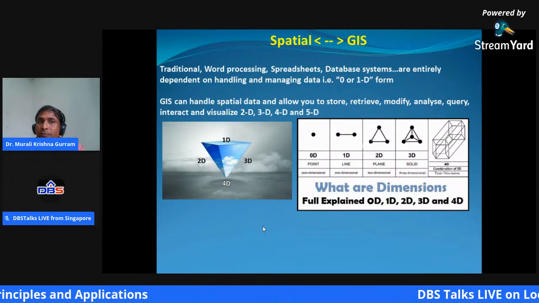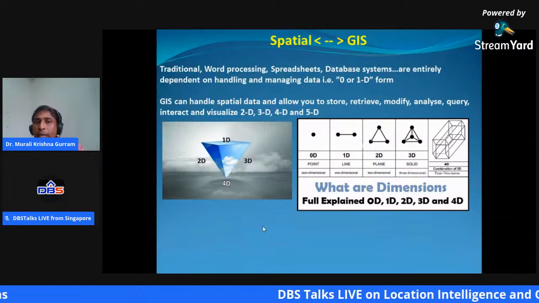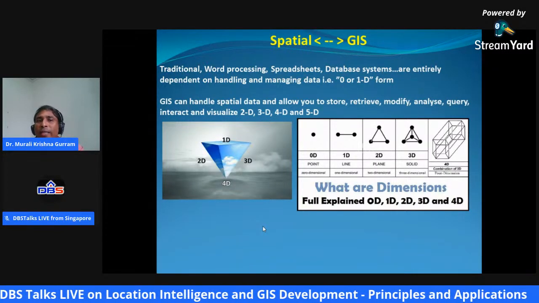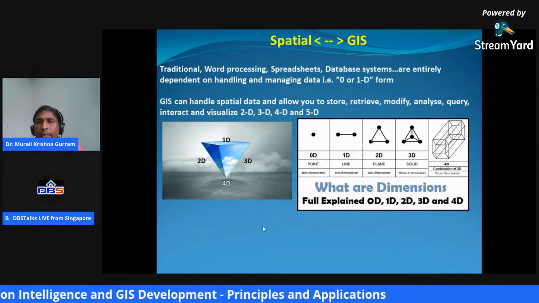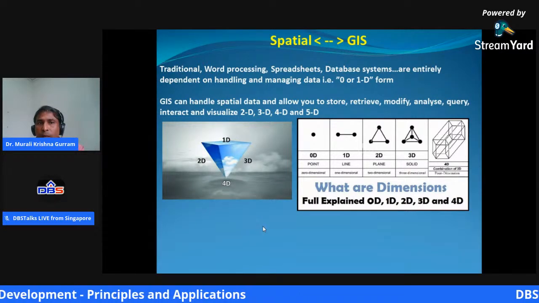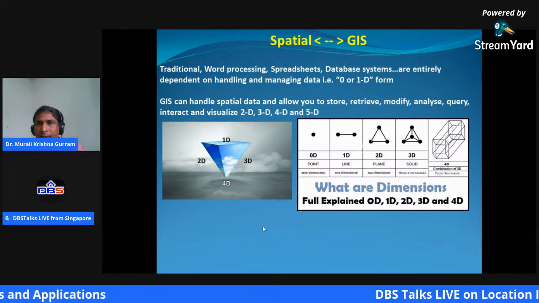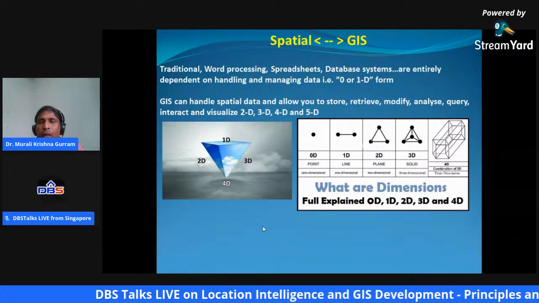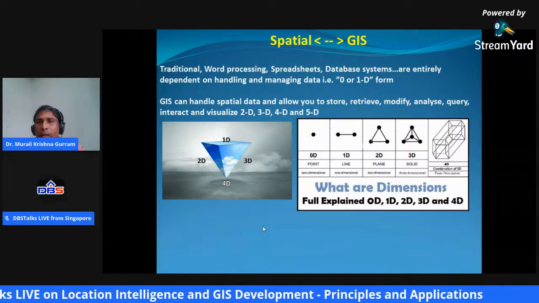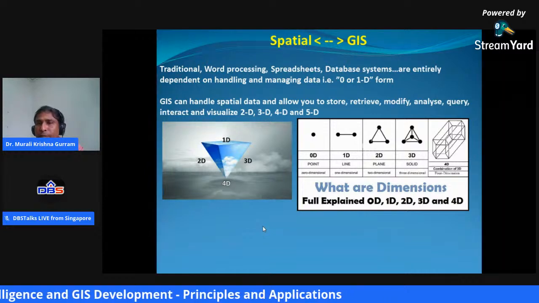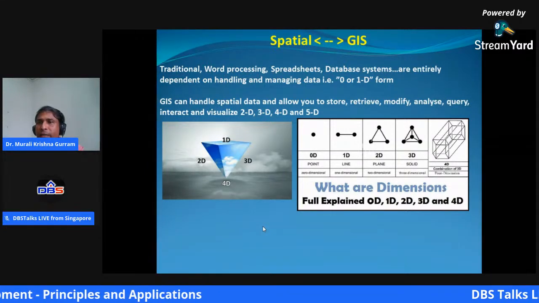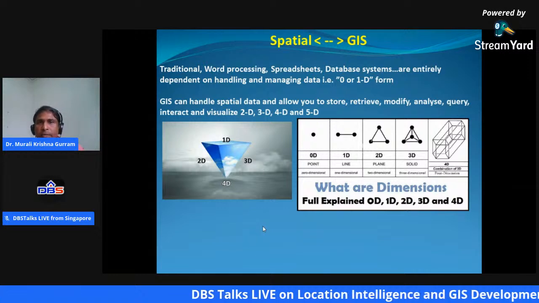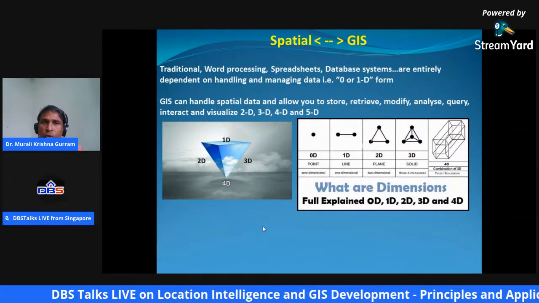But GIS is much more powerful because it deals with spatial phenomena, the space around us. So the real world, in fact, what we represent here is an abstraction of the real world phenomena in the computer world, but it is actually the representation of the actual real world objects, properties, elements, and the relationships, interactions, actions and events, and the processes, outcomes.